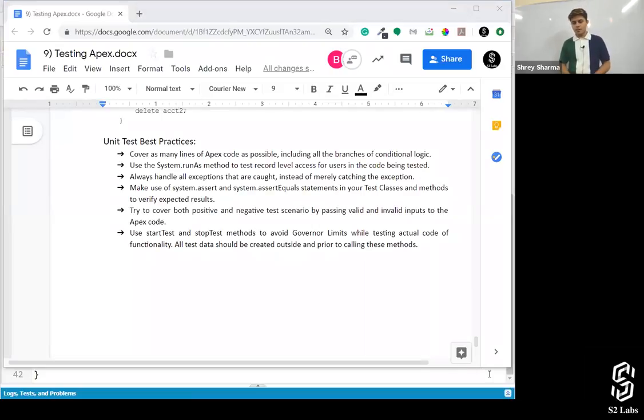Sir, if auto number is a required field on an object, then how do you use insert operation on that object in a test class? Auto number is never required. You cannot make it required because it is always required since it is an auto number. Like you can't make record ID required or not required. It is already required because the system defines that field. Similarly, auto number is a kind of field which the system defines and it's by default required because the system is directed to assign a value to that particular field every time a new record gets created. So that's what it is.